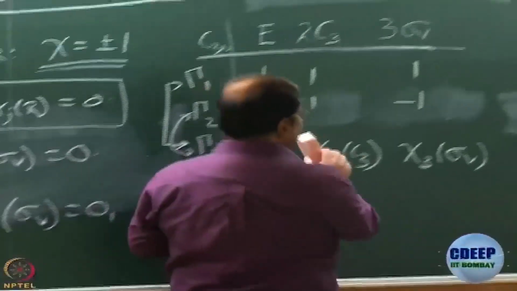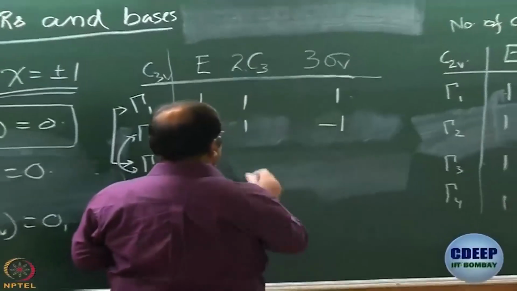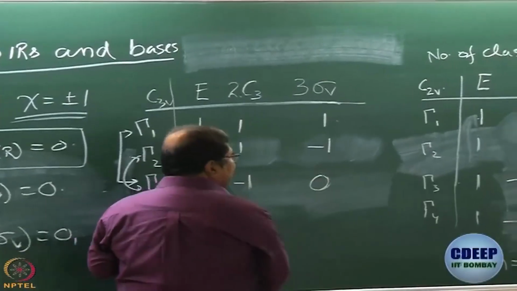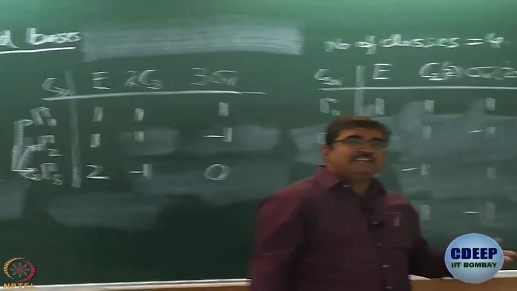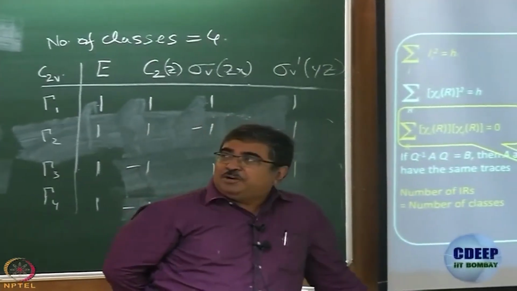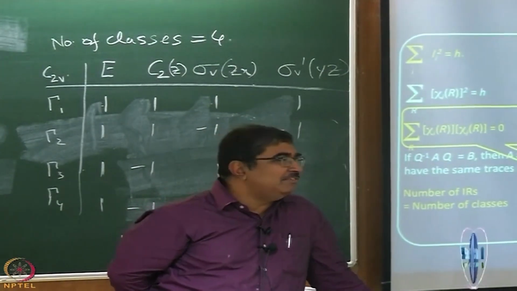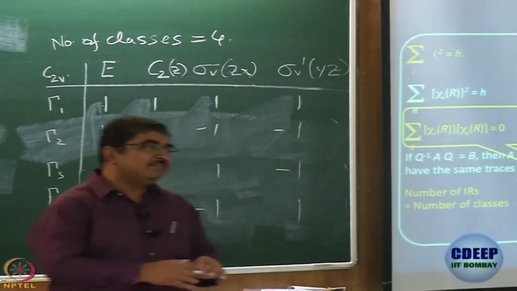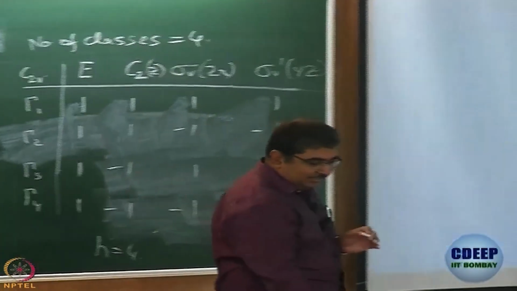So, you have got it, minus 1, 0. So, we have at least tabulated the characters of all irreducible representations of not only C2V, but also C3V, okay. And once again, if you allow me to show off my animations,